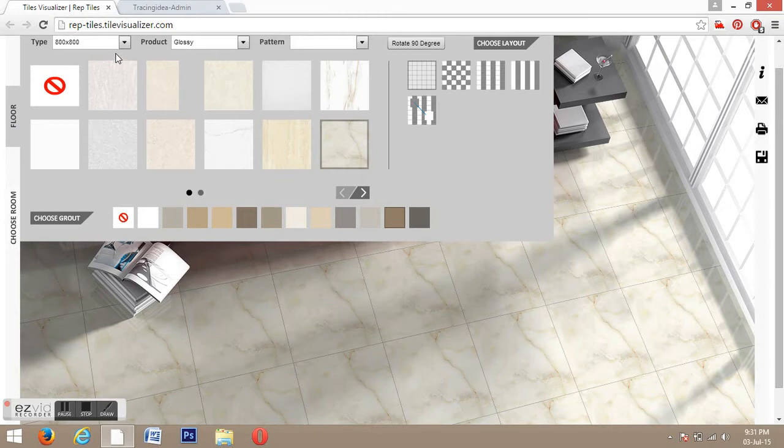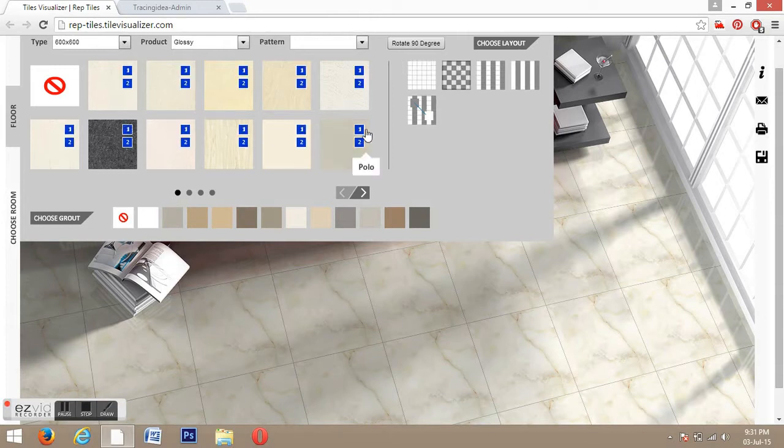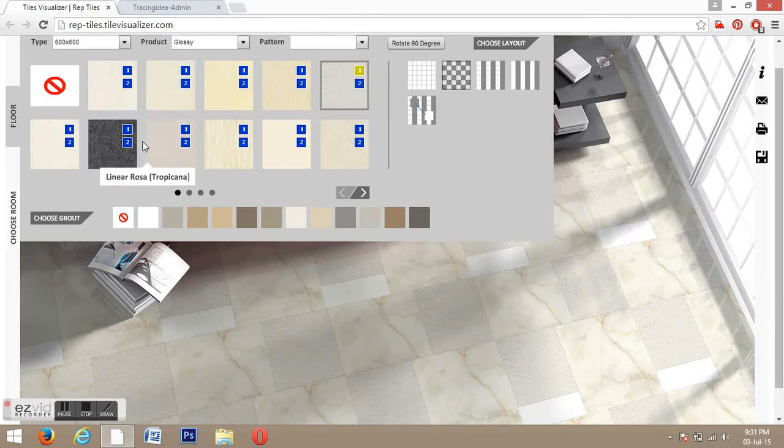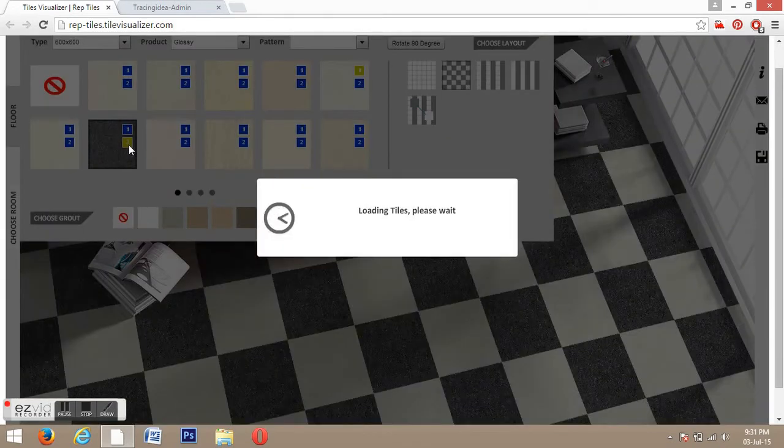So if I want to go to some other room, you can simply scroll down to any other room. Let me go to this one, which gives you an exact top view, and the same set of tiles is already pasted in the new room, and you do not need to repeat